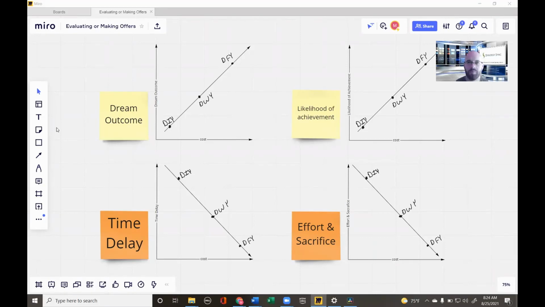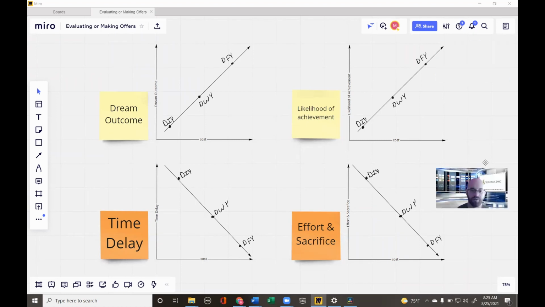Hey team, today we're going to help you never select the wrong technology product again. We're going to do that with these four graphs here. This is inspired by an entrepreneur named Alex Hormozi and his book, $100 Million Offers, that I highly recommend everybody read. It's about making offers. However, this one we've retooled and graphed out to show you how